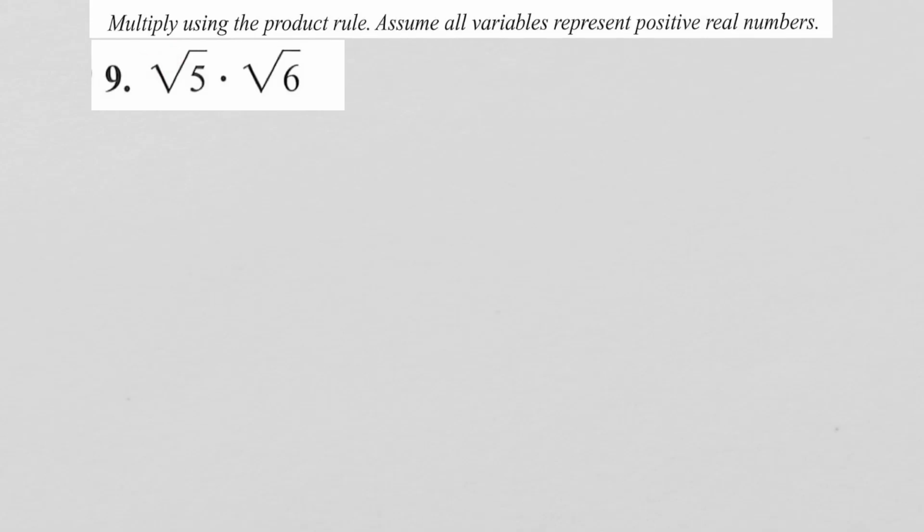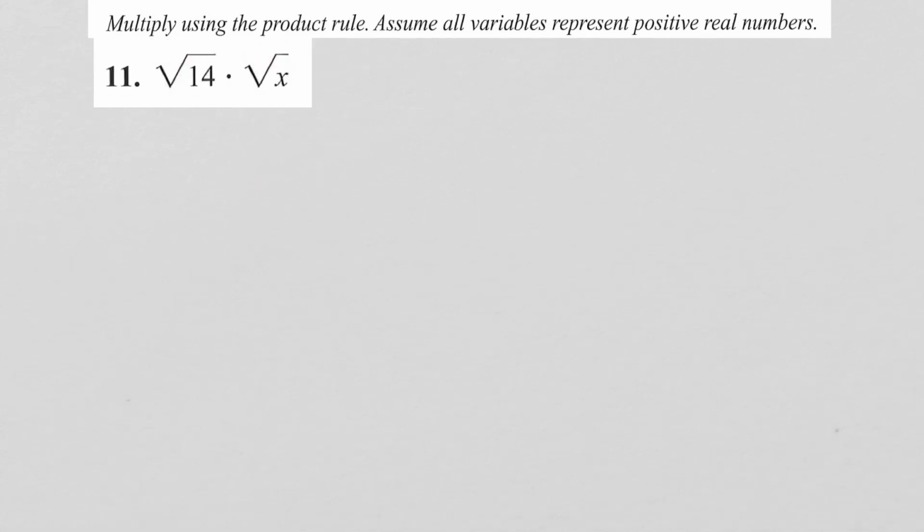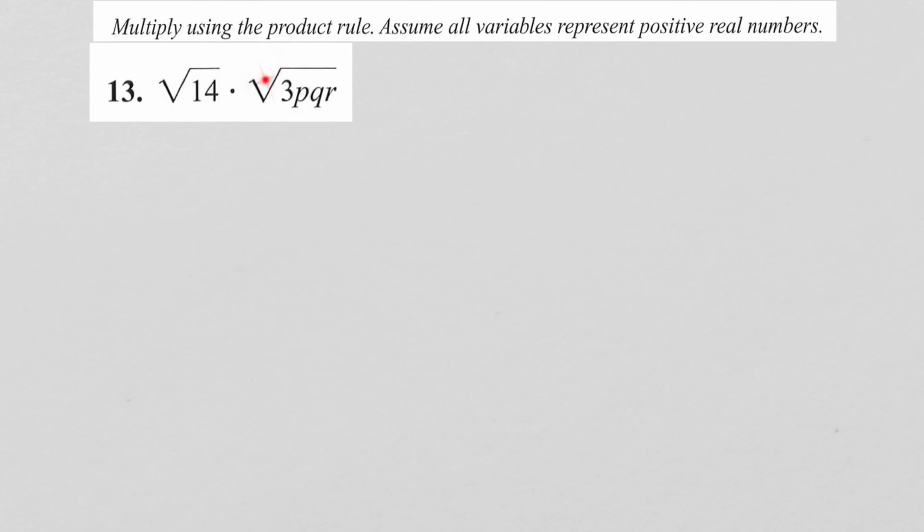Okay, as long as the indexes match, which they do, you can just multiply what's inside of the radical. So this is root 30. The indexes match, so we just multiply and we get root 14x. The indexes match, so we just multiply and we get 14 times 3 is 42